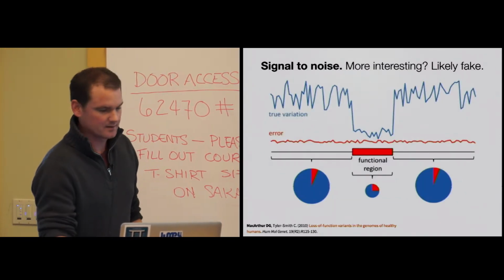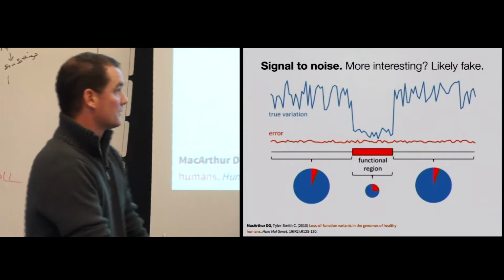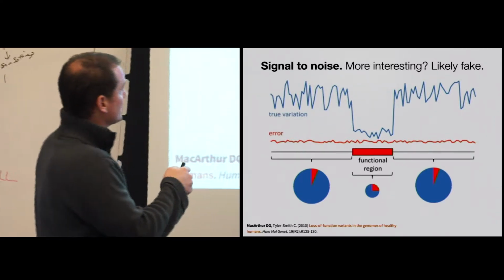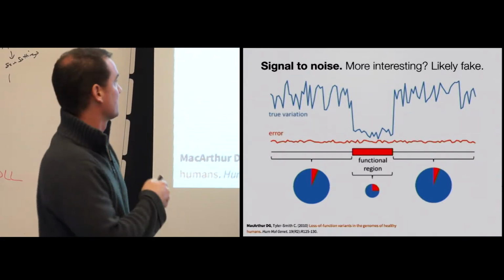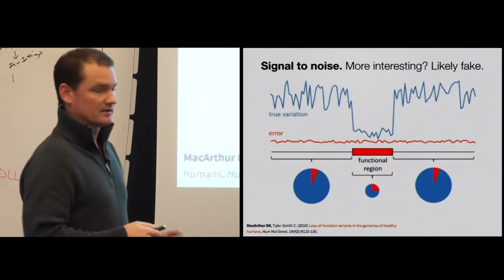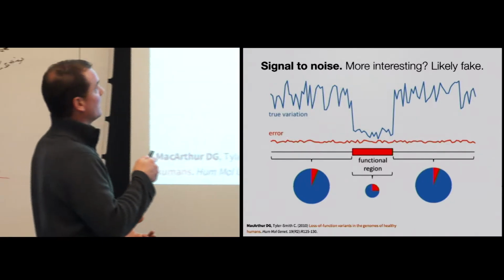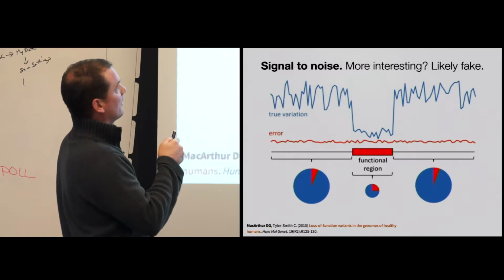But the problem is this inherent signal to noise issue. If you think about it, sequencing technologies have a basal error rate. Let's just say this is 1% error. Obviously, sequencing technologies have gotten a lot better, so the error rate's lower. But we have an error rate, and then across the genome